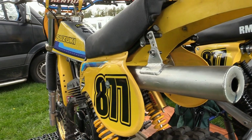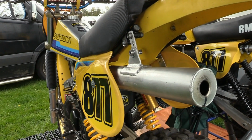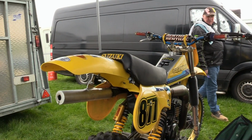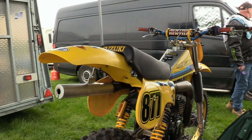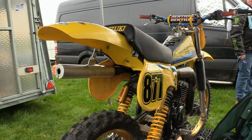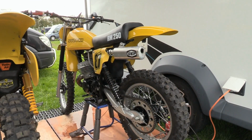Although it certainly wasn't so easy to get a good look at Tony's RMs, because they were a bit tightly packed together, but nevertheless we tried our very best to get the cameras into some of their nooks and crannies just to get a few decent shots. But original or not, this 1980 is still a lovely looking machine. But from Tony's 1980 bike to this time a